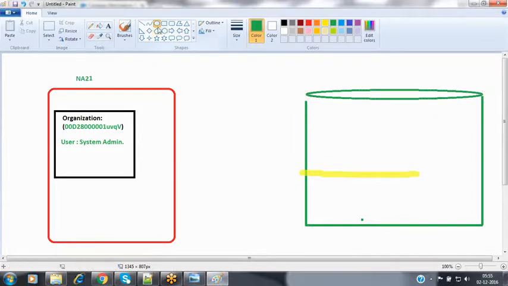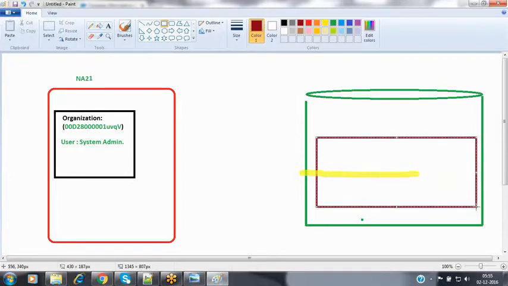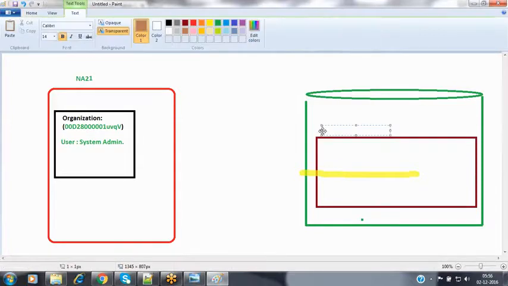Inside the database, I have a table. Assume that this table is the account table.